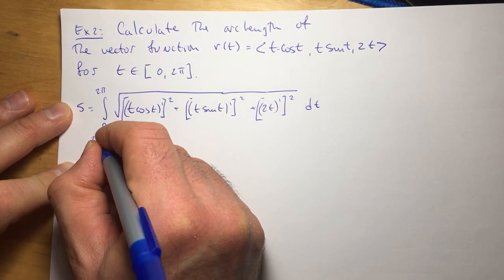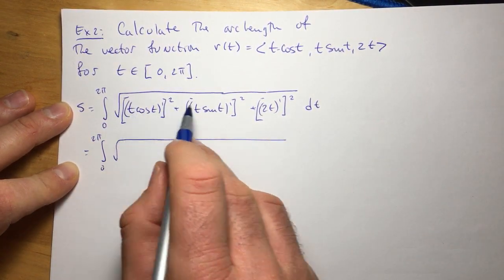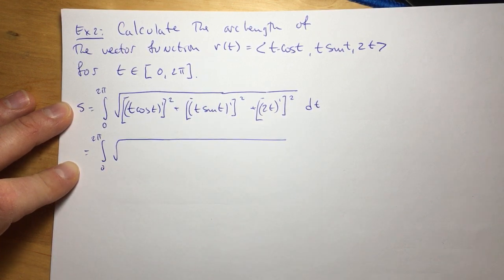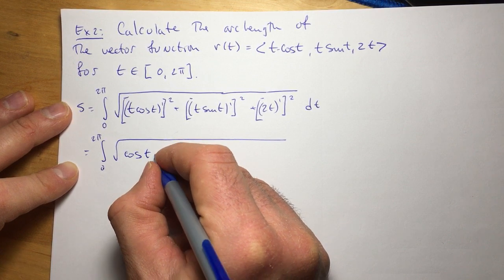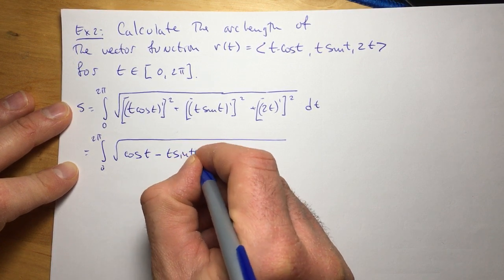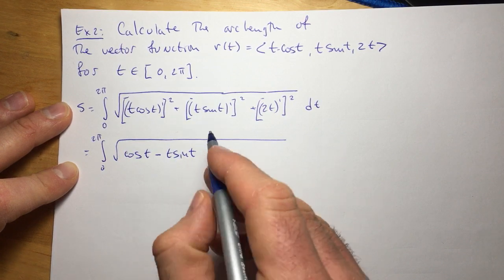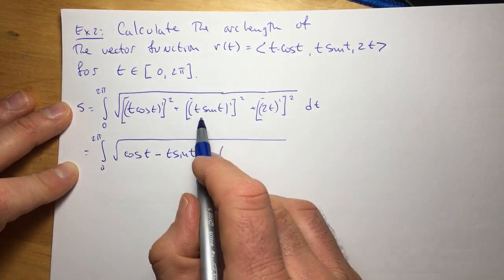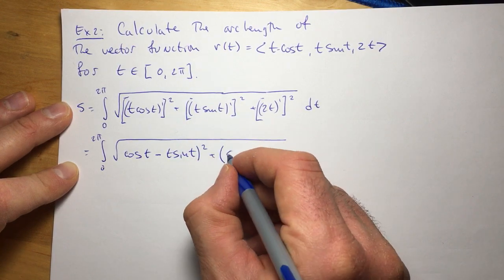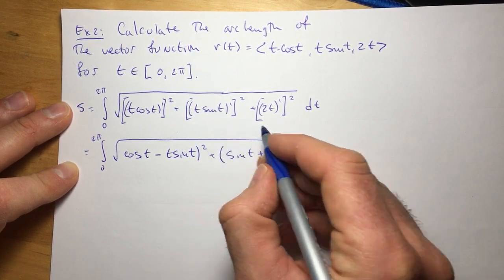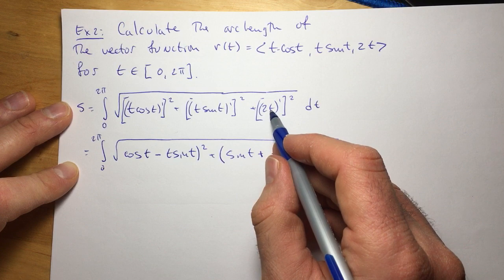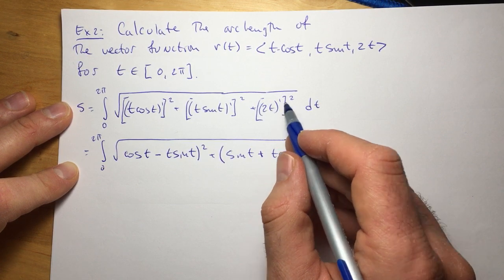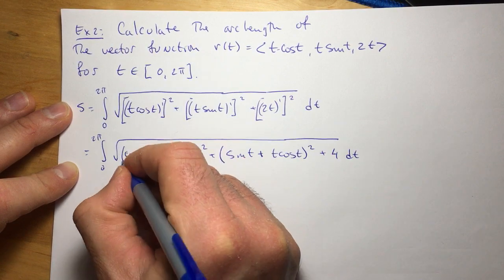It's equal to the integral from 0 to 2 pi square root of 2. In both derivatives here, be careful of the product rule. So derivative of t is 1, so only cosine of t minus t sine of t, because derivative of cosine is negative sine, so this squared, plus derivative of t times sine of t is 1, so only sine of t plus derivative of sine is cosine, t times cosine of t squared, plus derivative of 2t is 2 times 1 is 2 squared, plus 4 dt